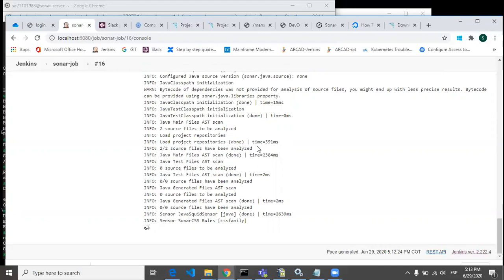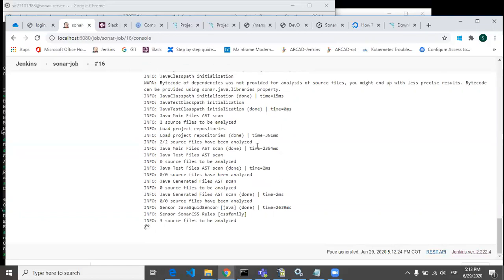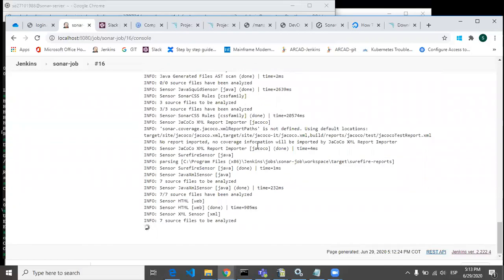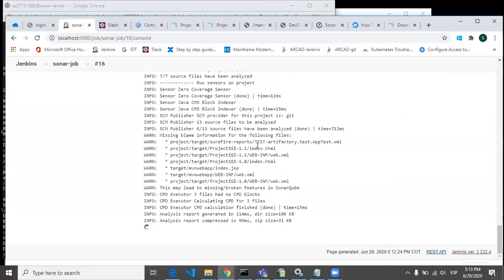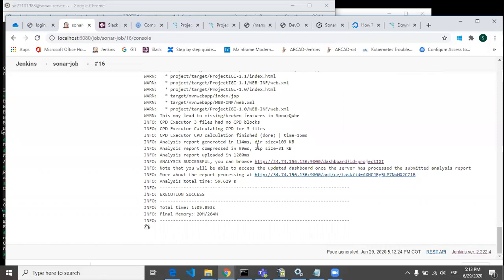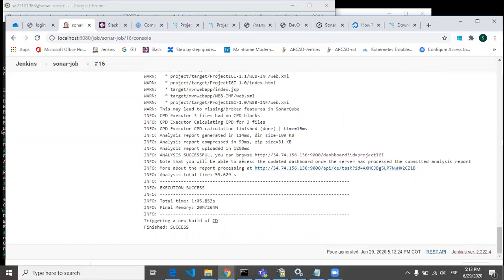You can see the logs from here. It is saying analysis successful. You can browse this URL, so I'm going to click that.